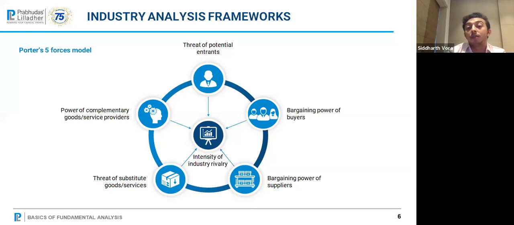What is the bargaining power of buyers versus the manufacturer or the seller of a product? This again will show you the pricing power of a company. And if the company has good pricing power, through the ups and downs of the economic cycle, it can maintain its margins and therefore its ROE. And that is why understanding bargaining power and pricing power becomes very critical. Also, there are many industries or companies where the suppliers dominate the trade. We don't want to invest in such industries.